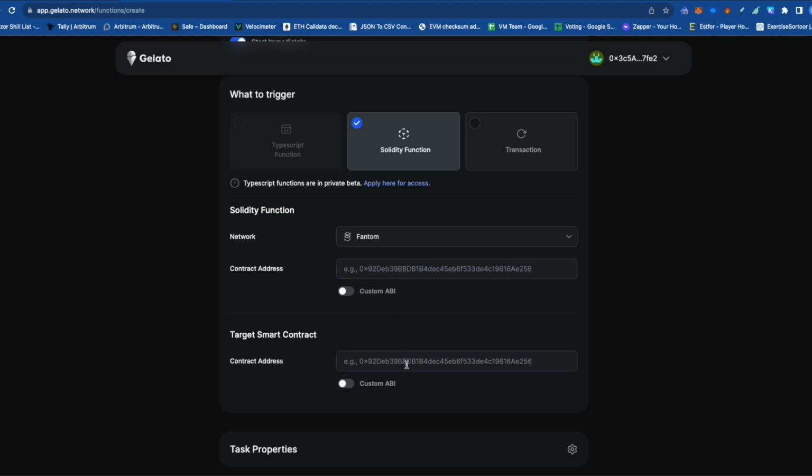like this is a contract address. These contract addresses don't need to be the same. So you can deploy a contract that just checks the gas, right? Or checks the gas and the balance of your contract, right? So I want to call this function every day if gas is low and my contract has enough money to warrant that. So you would have to build a contract that has that logic set up,